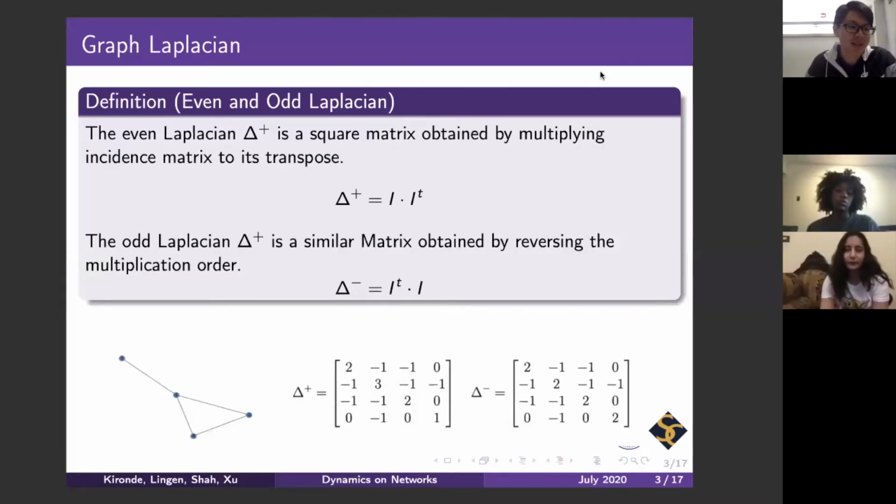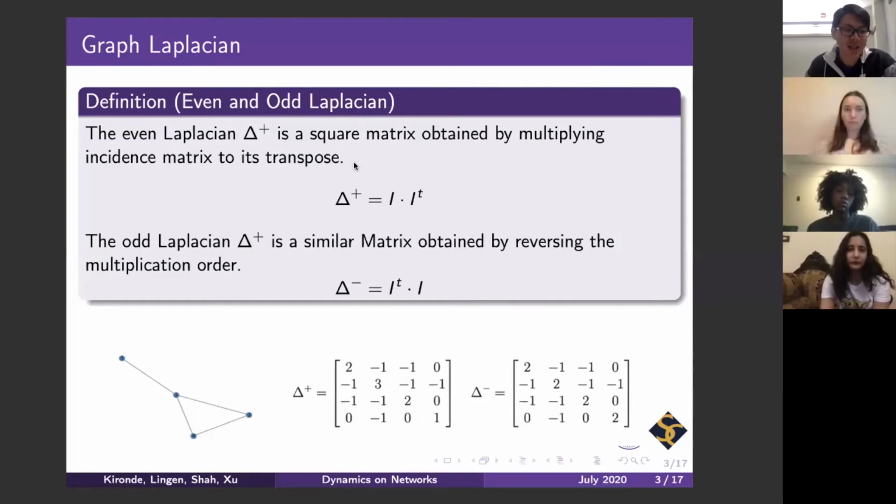Well, we can study the properties of small graphs simply by looking at them. This strategy doesn't really work for large networks. A common solution to this problem is to study graphs using linear algebra. Graph Laplacian provides a very efficient way of studying graphs with matrices. One of the most commonly used Laplacians, also known as the even Laplacian, is formed by multiplying the incidence matrix